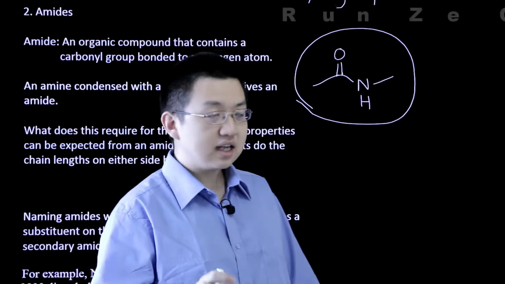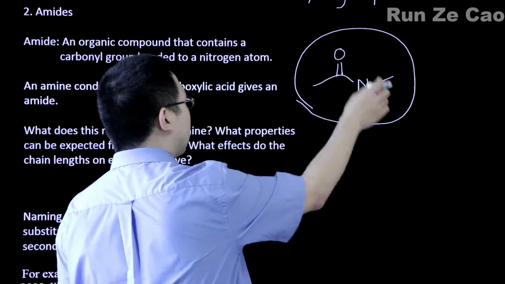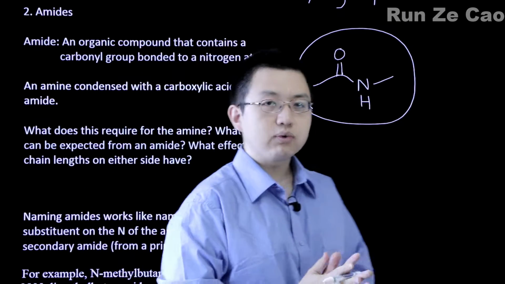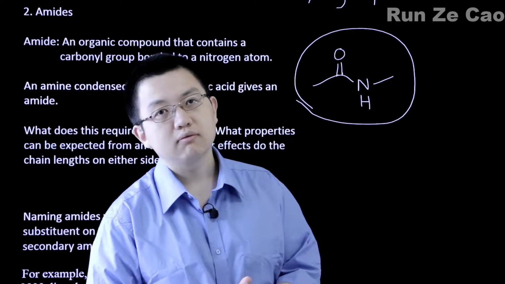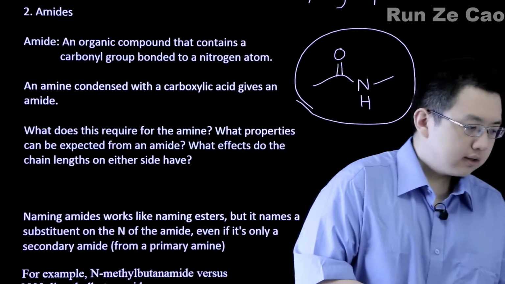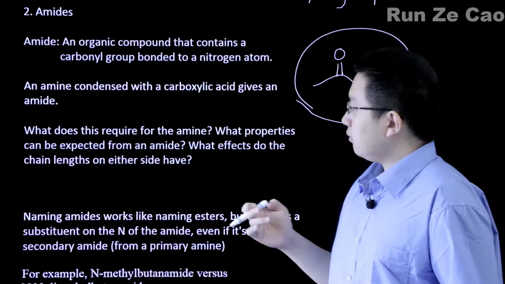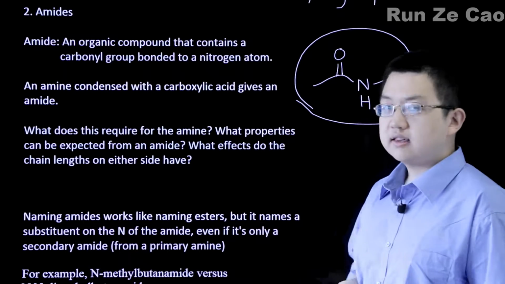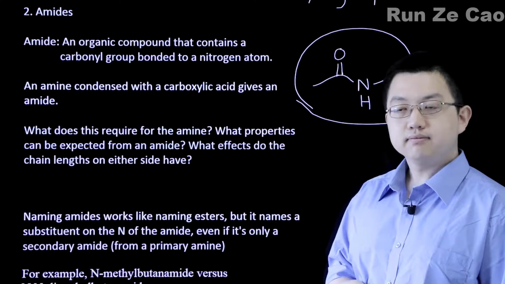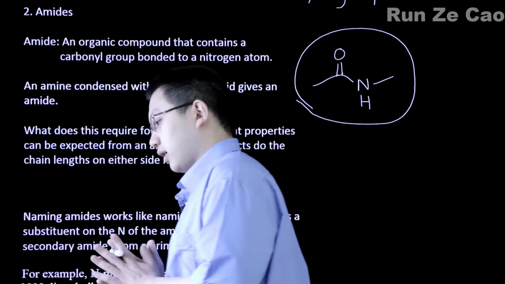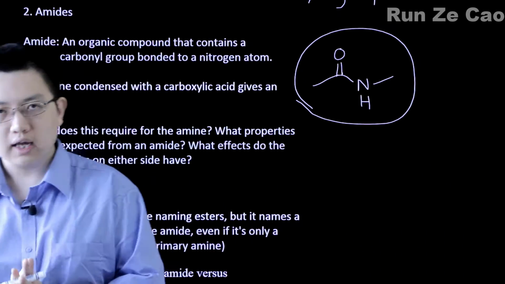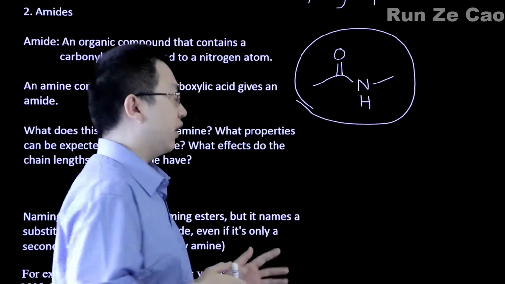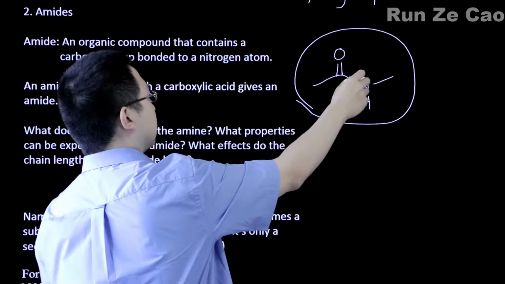The point is that this is the general form of the bond that exists between amino acids inside proteins. Now, if you take an amine and condense it with a carboxylic acid, this results. Well, wait a second. That means that if we're taking off an OH from this end and an H from